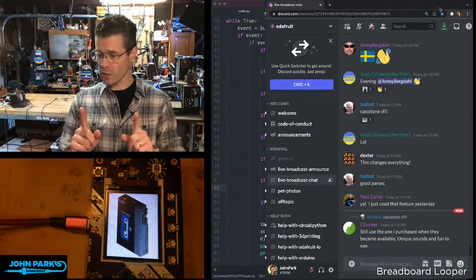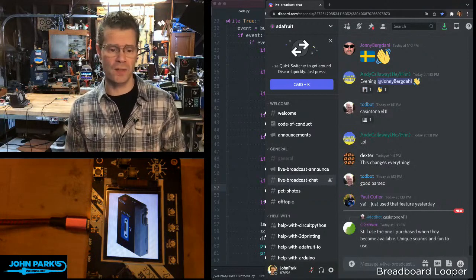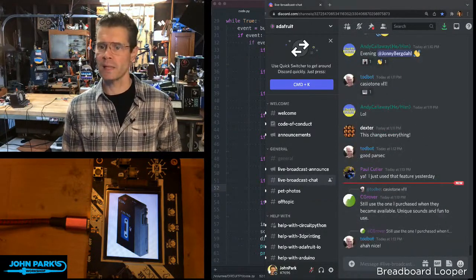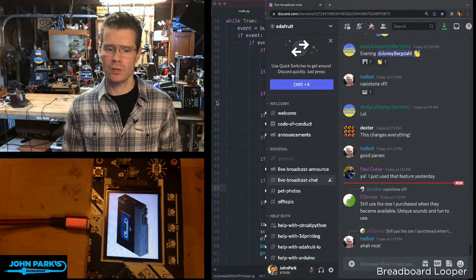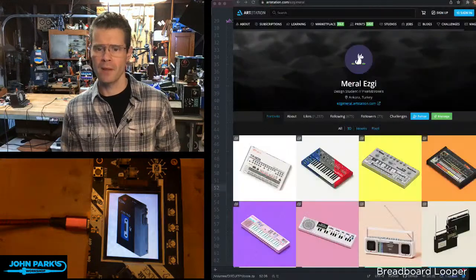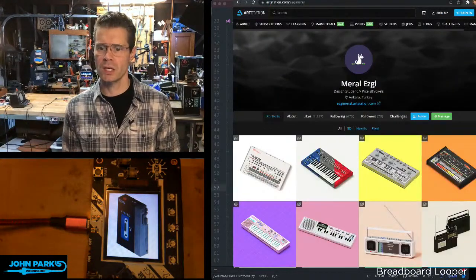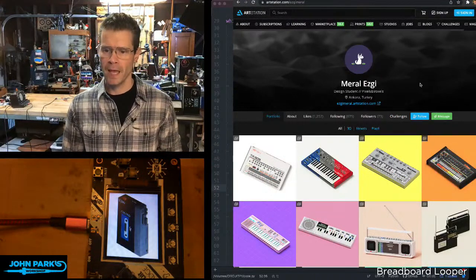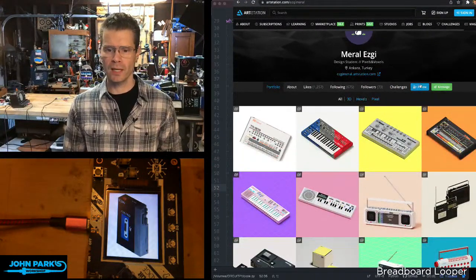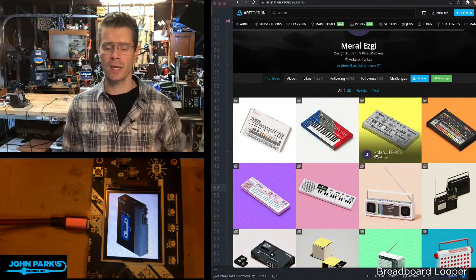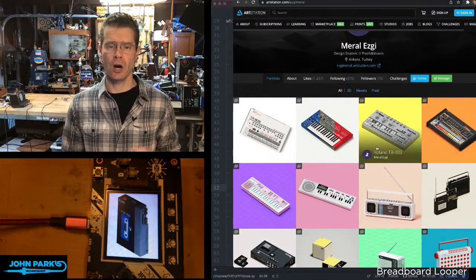And the other thing I wanted to do is give credit to the artist there, by the way. You saw that cool little bit of pixel art that I had on display, and you probably saw me show this earlier. This is something, I don't remember where I ran across this, but this is an artist in Ankara, Turkey, named Merrell Esgui, and they have a beautiful collection of mostly vintage electronics that they have created using some voxel-based art programs.